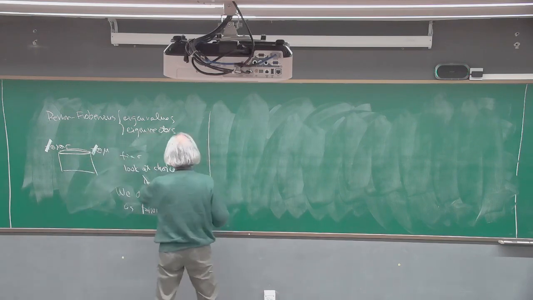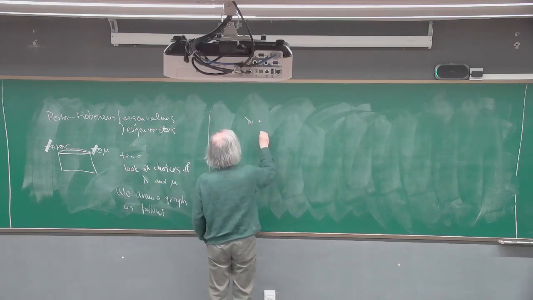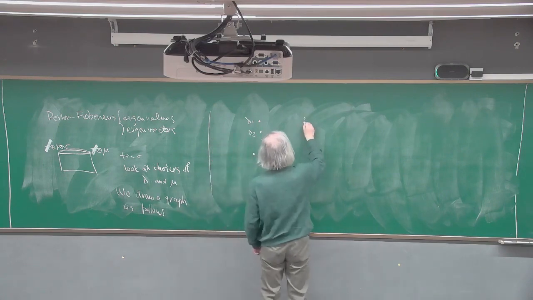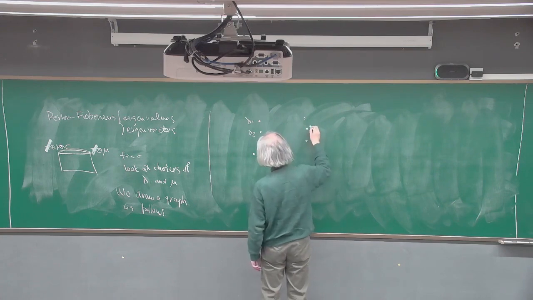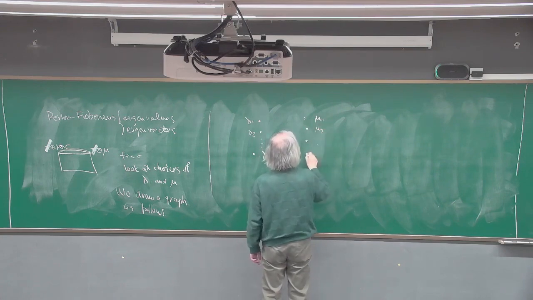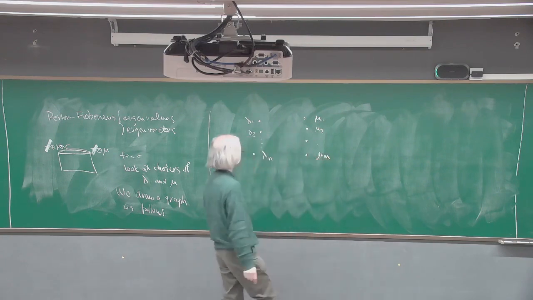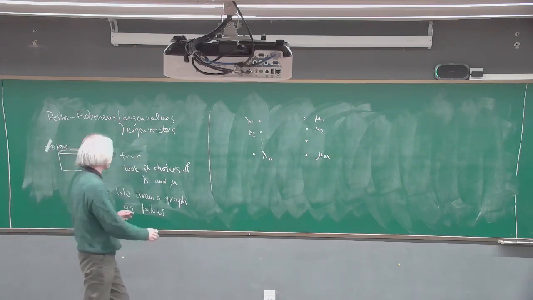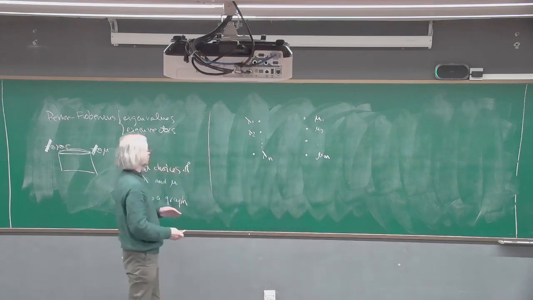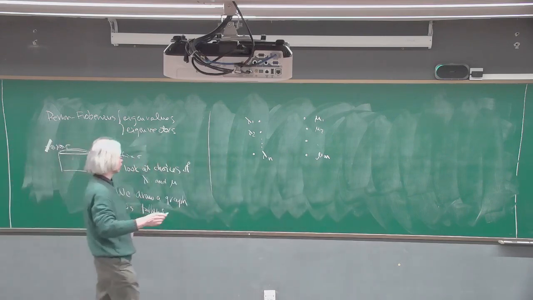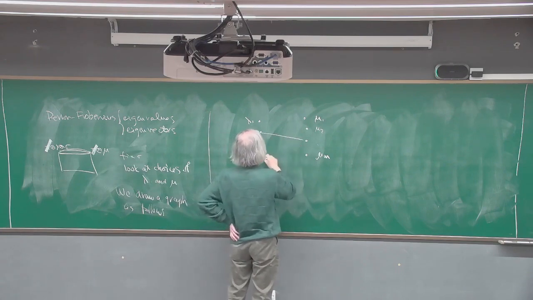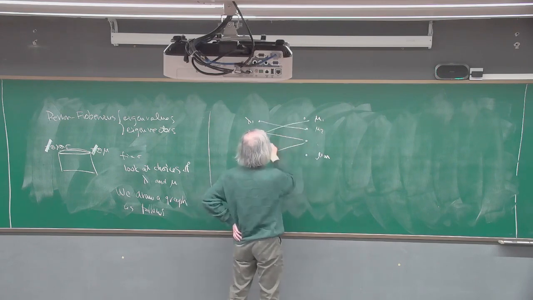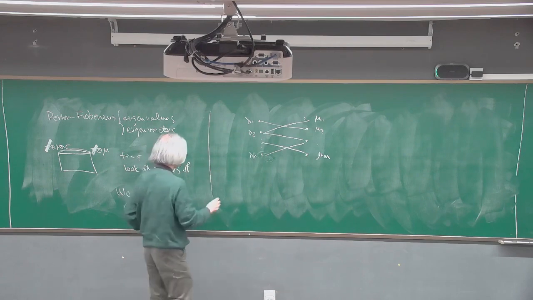So here we have some choices for lambda, so lambda 1, lambda 2, lambda 3. And then we draw a dot for each of mu 1, mu 2, mu m. These are the vertices of this graph. So we have two kinds of vertices, on the lambda side and on the mu side, and then we draw edges like this. So the number of edges